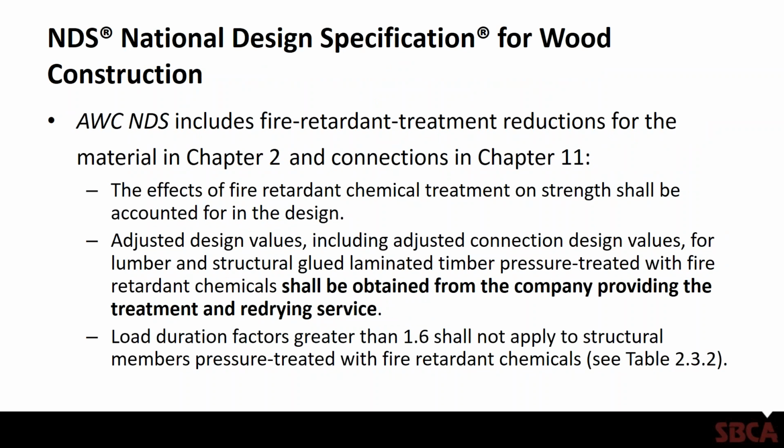There's additional information in the National Design Specification for wood construction that includes, in Chapter 2 for fire retardant treatment, reductions for the material itself, and then also in Chapter 11 for connections. And basically, and this is reiterating what's in the building code, the effects of fire retardant chemical treatment on strength shall be accounted for in the design. Adjusted design values for the material or the connections have to be obtained from the company providing the treatment and